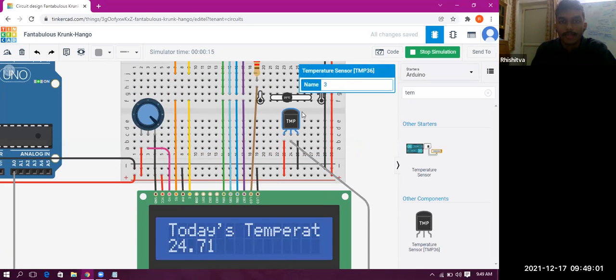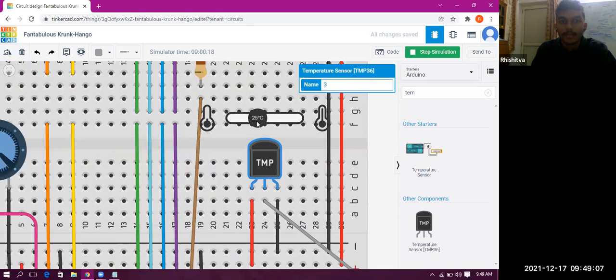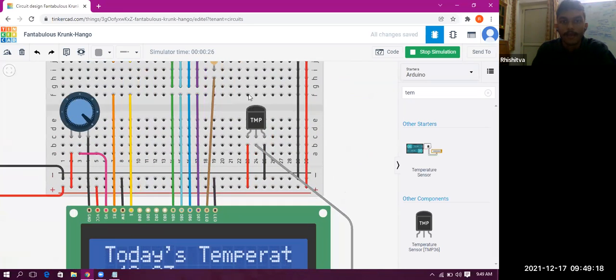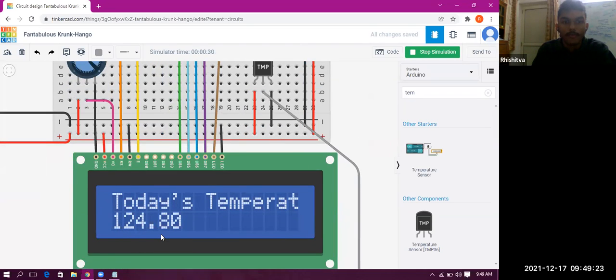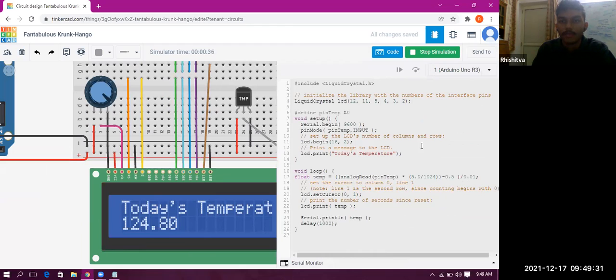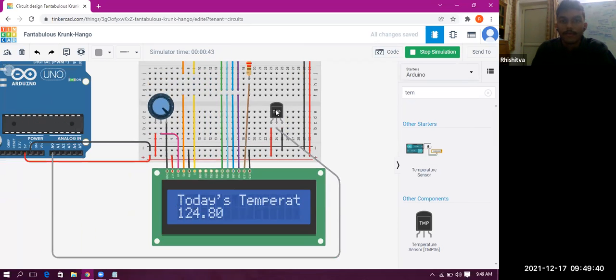If you tap this temperature sensor, you will see over here that we can give a variable value. Let's say the outside temperature is 25 degrees Celsius. If we take it to its minimum, that is minus 40 degrees Celsius, you will see a change in the LCD value also, minus 40.23. And if I increase it to its maximum, 125 degrees Celsius, you will see 124.80. There is a slight difference due to the calculation, we cannot have an exact value. This was the nearest that I could get, a small 0.2 difference, so we don't have to worry about it.